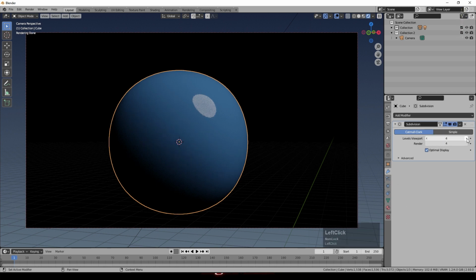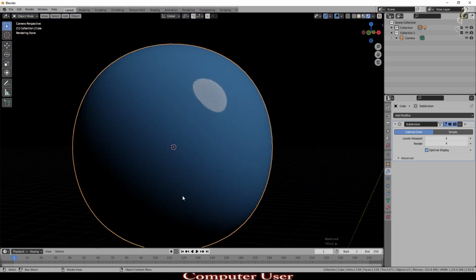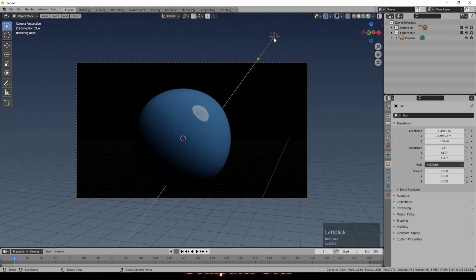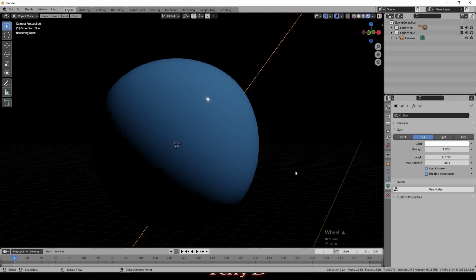So in this case, I would want to go up at least 1 level, and already you can't really see those triangles, those artifacts. So I can start to make the light quite a bit sharper now. In fact, I've come down quite a long way, and I've had to come down almost to a pinpoint light. You can see it's just a little dot there now, and we're only just starting to get some artifacts.